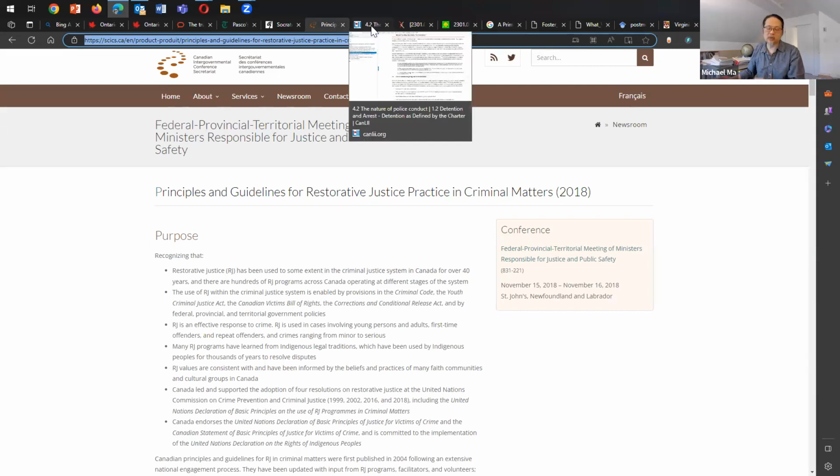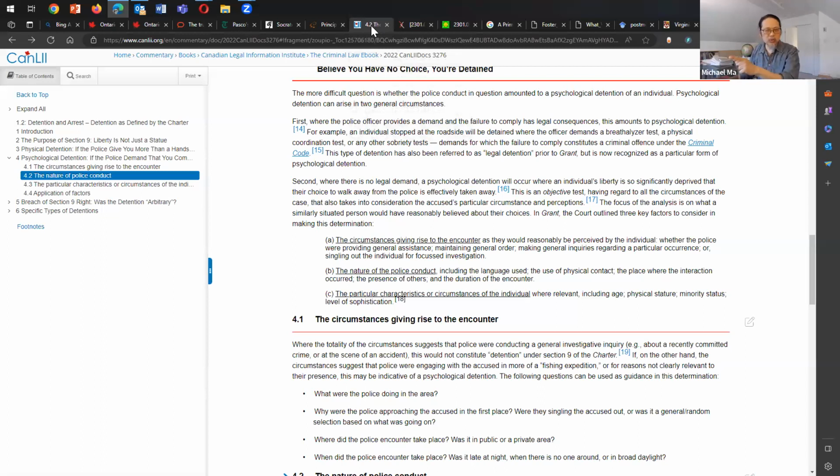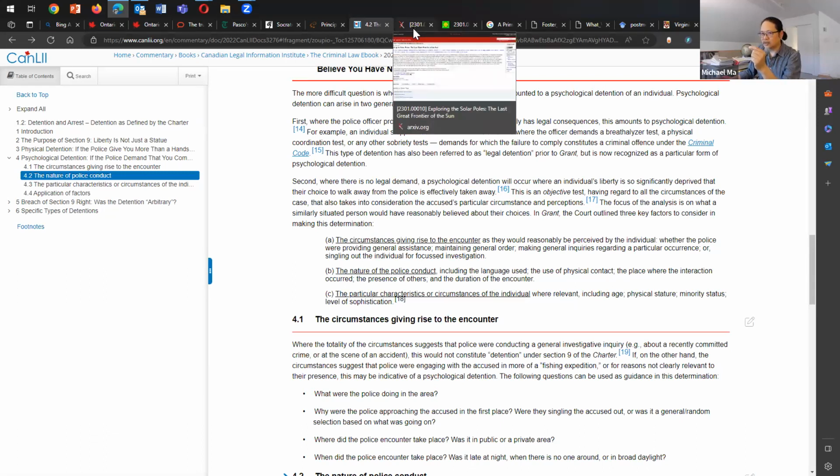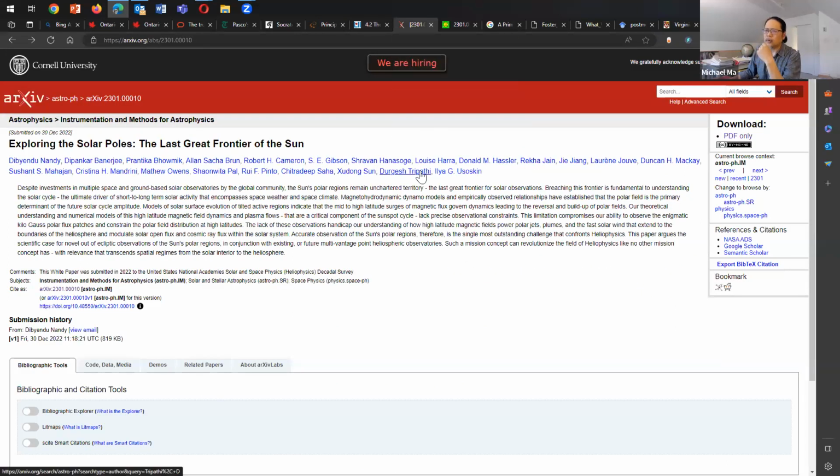So it can access, if you will, federal, provincial, and kind of municipal political documents. But it struggles with this one, which is the Canadian Legal Institute, because it has these nested pages. Can it access the